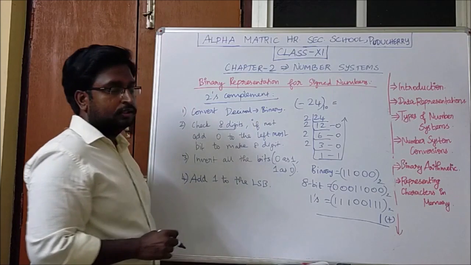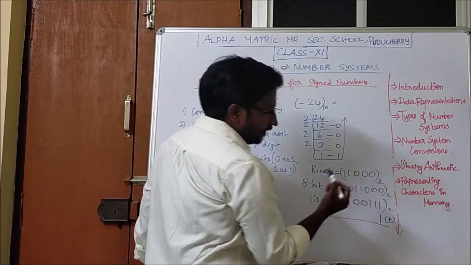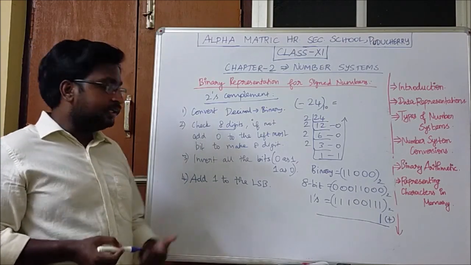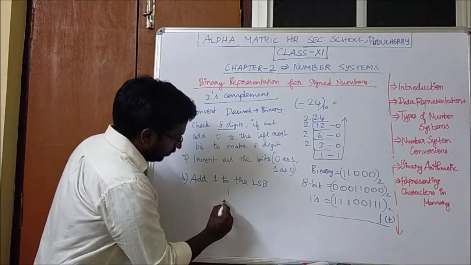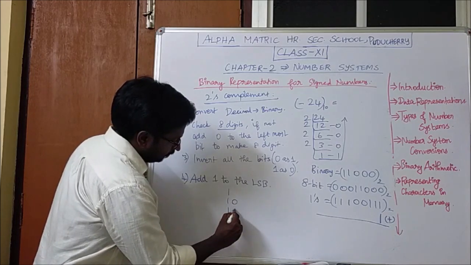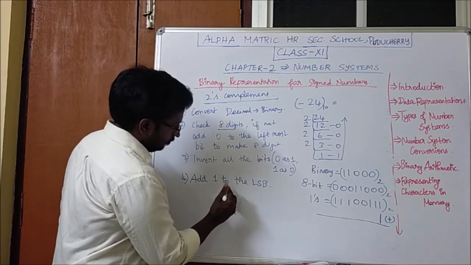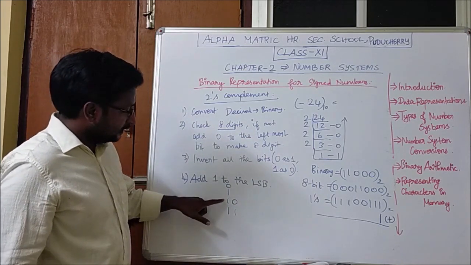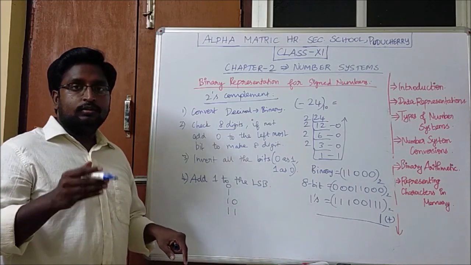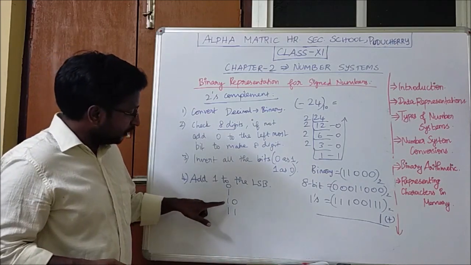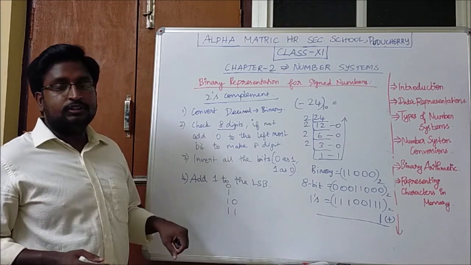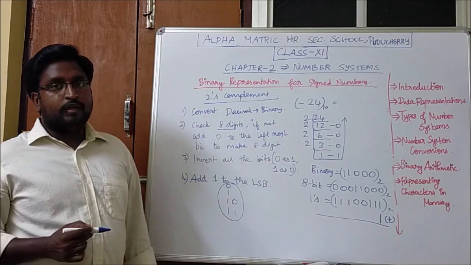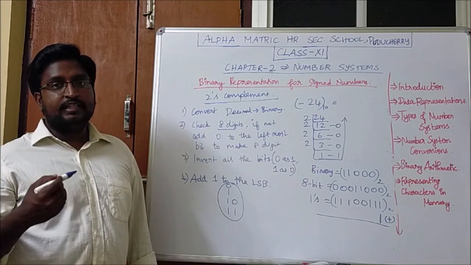In general, 1 plus 1 is 2. That is a decimal calculation, whereas in binary, you have to keep in mind these numbers. 0 plus 1 is 1. 1 plus 1 is 10, because the binary equivalent of 2 is 10. 10 plus 1 is 11. These are the 4 facts you have to keep in mind for binary addition and subtraction, which you will see in the next topic.